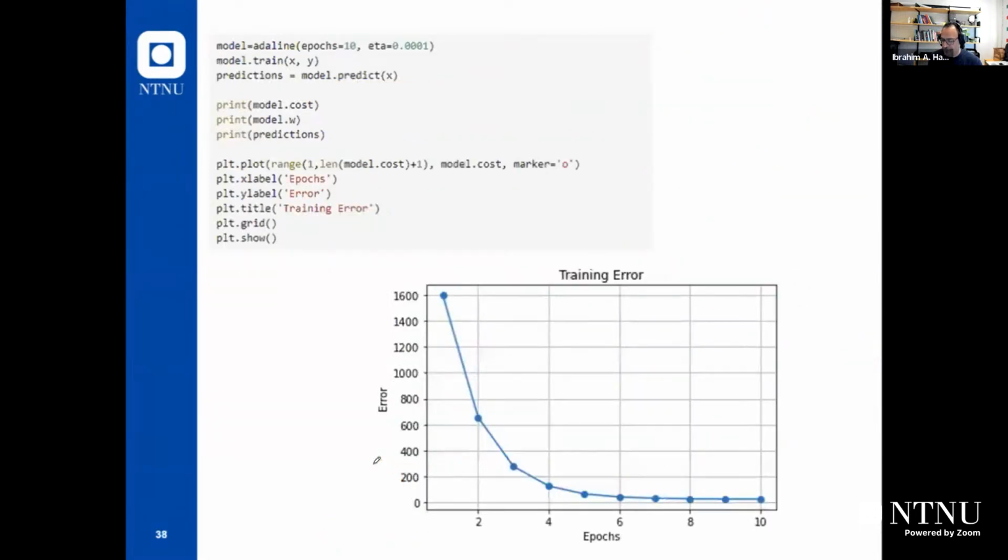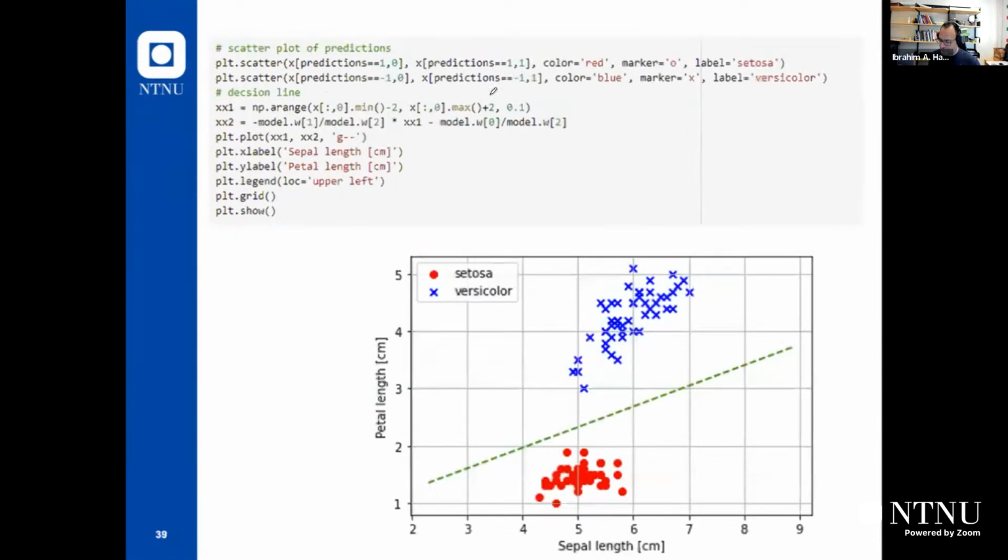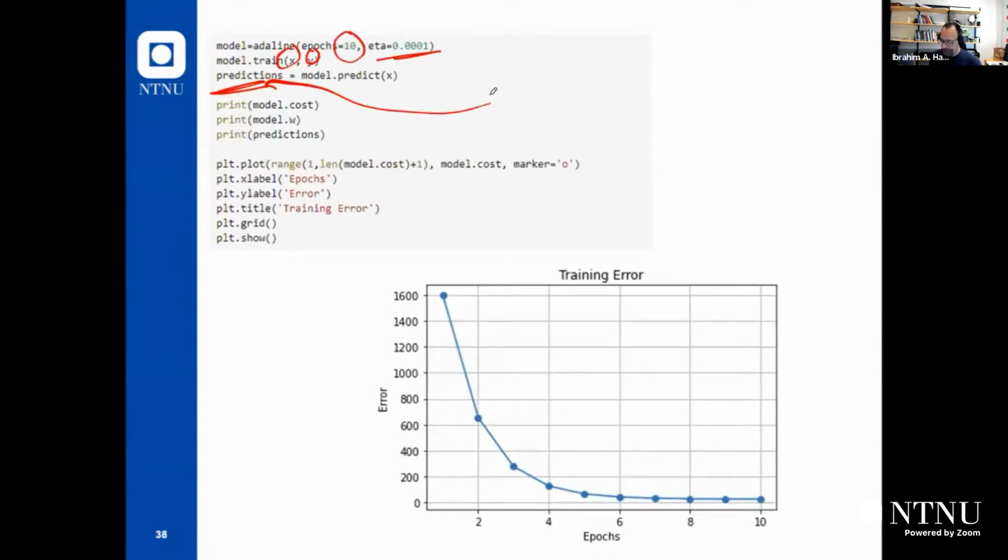We will train the model for 10 epochs using this learning rate, for example. So we will train the model using x and y. And after that, we will use x for making a prediction. We will compare those predictions with the target to calculate the prediction error, for example. And as you can see here in this graph, when we are starting at